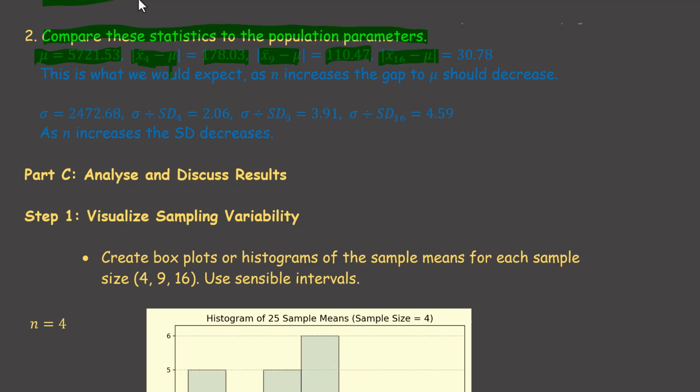So we're going to here create the box plots or histograms of the sample means of each size using sensible intervals. Had to do a bit of jiggery pokery with the intervals to get them to work really well. It's worth keeping an eye on the values down here as we go across, and we can see size 4 here. Notice that the axis is less wide here, so we are moving in towards the middle value. And notice here